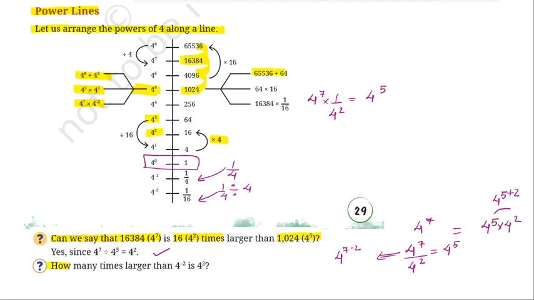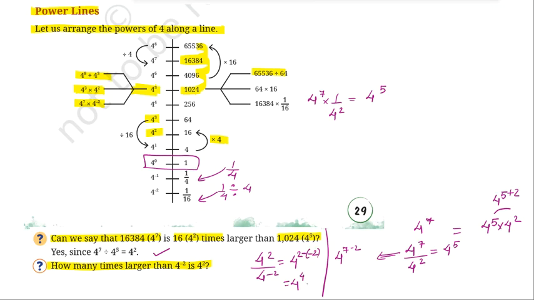So the next question is, how many times larger than 4 to the power of -2 is 4 square? कितना बड़ा है ये? Let's divide 4 square by 4 to the power of -2. फिर से हम लोग अप्लाई करेंगे रूल, तो क्या हो जाएगा रूल, 4 to the power of 2, और माइनस करते हैं डिविजन में जब पावर्स होती हैं, लेकिन क्या माइनस करना है, -2. सो बेसिकली 4 to the power of माइनस माइनस प्लस हो जाएगा, 4 to the power of 4 हो जाएगा।